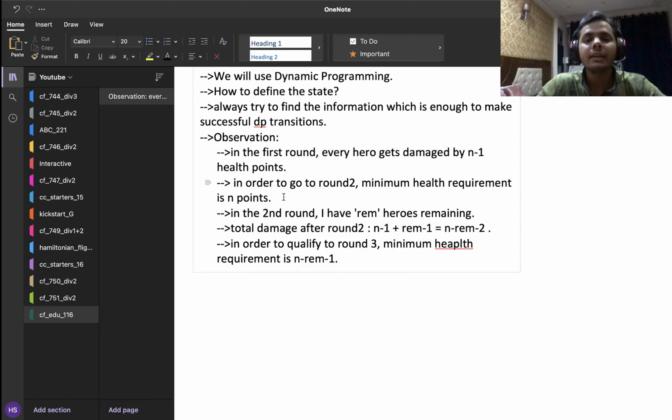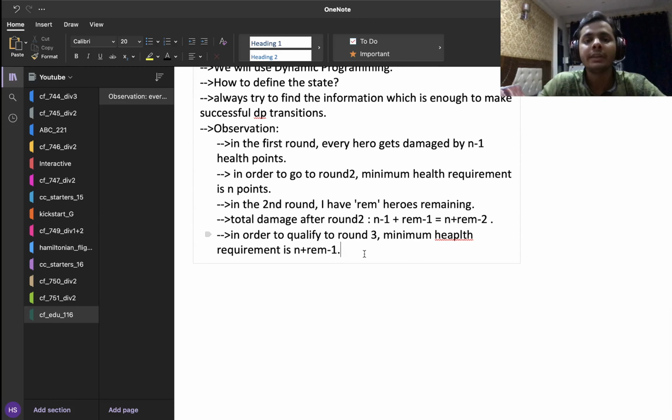And assuming that after round 1 rem amount of people qualify to round 2, the minimum amount of health points needed to qualify to round 3 is n plus rem minus 1. So what we realize here is that this quantity of minimum requirement is somehow relevant.